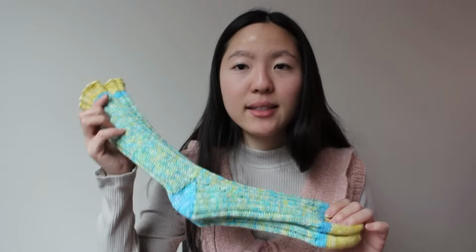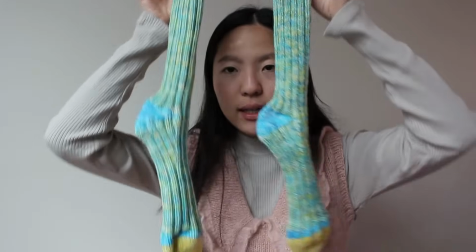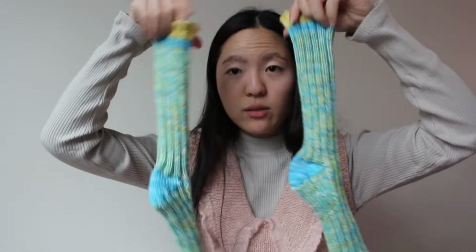I think 2 weeks ago I finished my own pair of bear paw socks, which I'm actually wearing right now on my feet. But I made a second pair for my boyfriend, and here they are. I just finished them this morning, so these are not blocked,